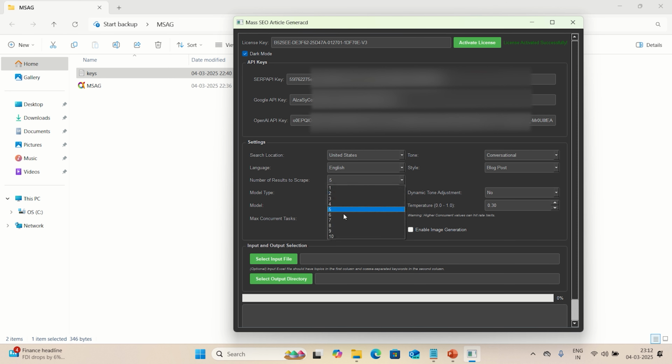Now you have an option to go up to 10. Beyond that, I have not kept any option. If you feel that you want to do like 10, 15, 20 search results, which I personally feel doesn't make sense. So by default, this will select 5. So basically, you will be looking at the top 5 articles for that particular topic ranking in the United States for English